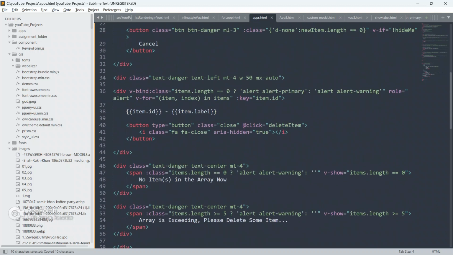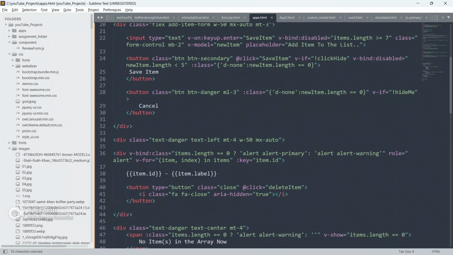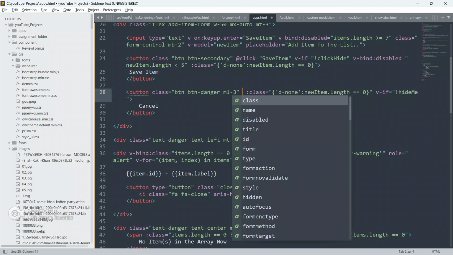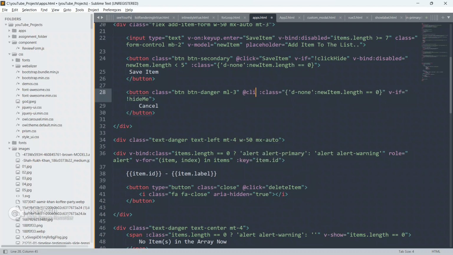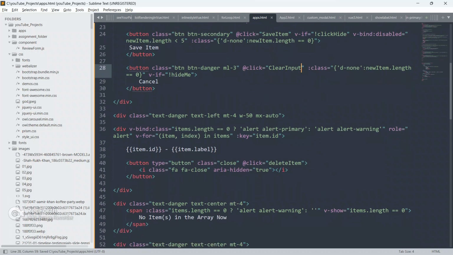So now we will put this clear input method in the cancel button. So now go to the cancel button, and we will define @click, and we will run this method, clear input.